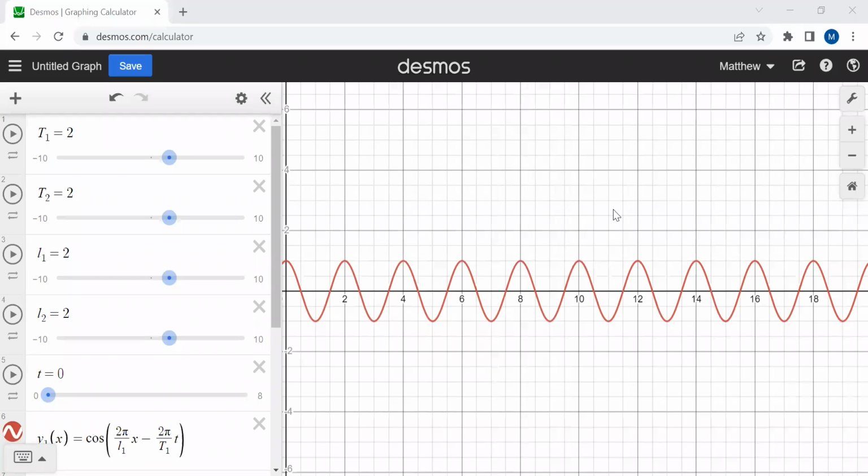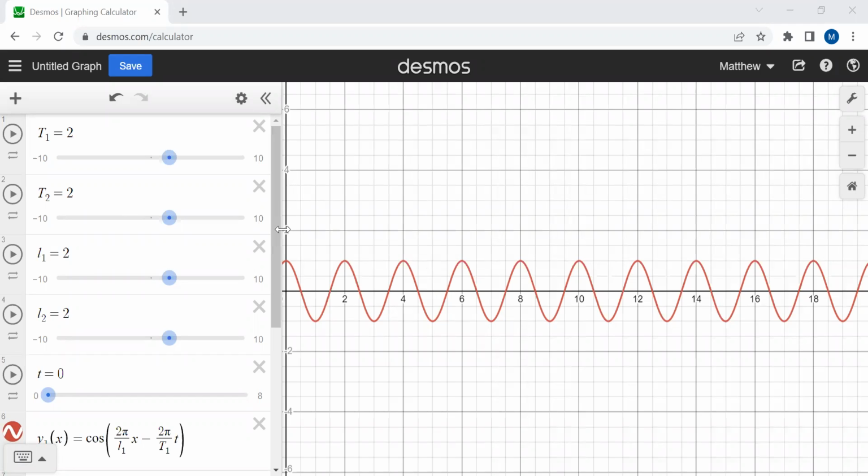Hello, everyone. So we're going to take a look at some wave interference in this video. What I have plotted here with this red line is a wave, and this is wave 1. And this wave has a period of 2 seconds, which you can't see in the wave because this vertical